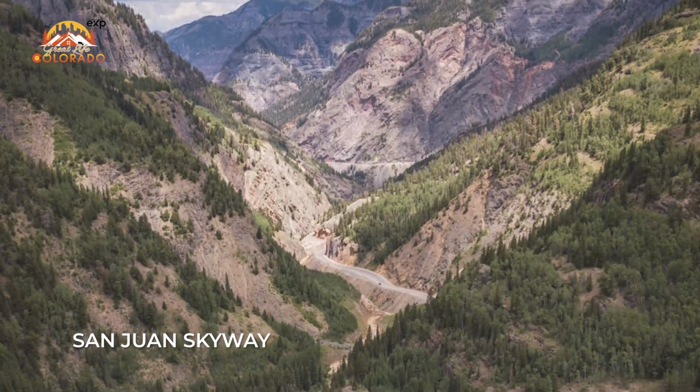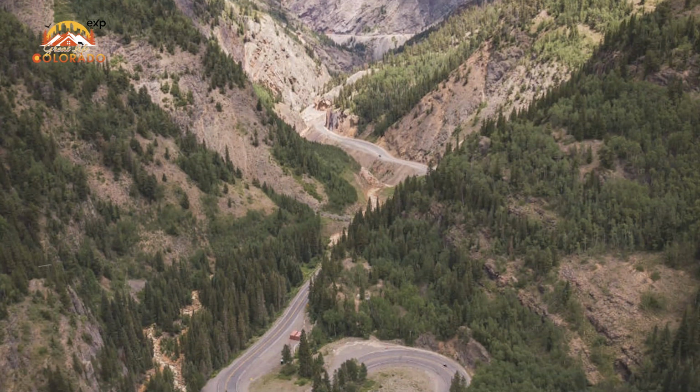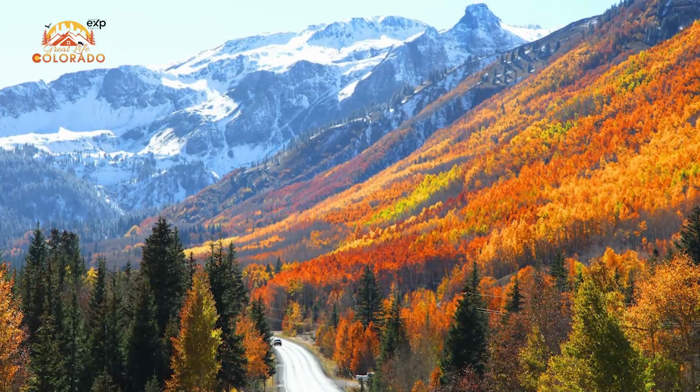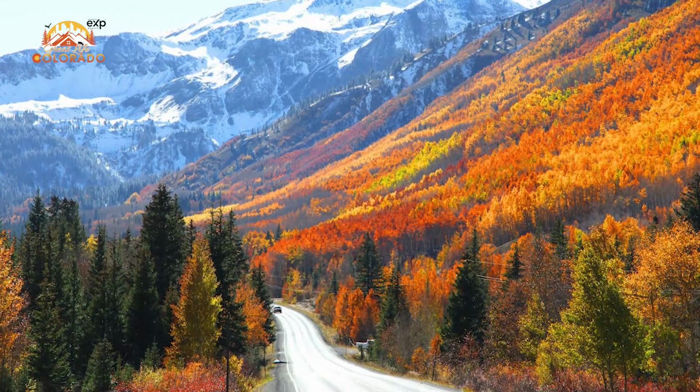All right, the San Juan Skyway, the second one. This incredible 236-mile loop goes through southwestern Colorado. So head to the stretch of road between Silverton and Ouray, known as the Million Dollar Highway, to see some of the absolute best fall foliage in Colorado. The Million Dollar Highway drive is amazing, just like Rocky Mountain, any time of the year. It twists and turns and winds through the steep mountains, offers up amazing cliff views and vistas, but in the fall,